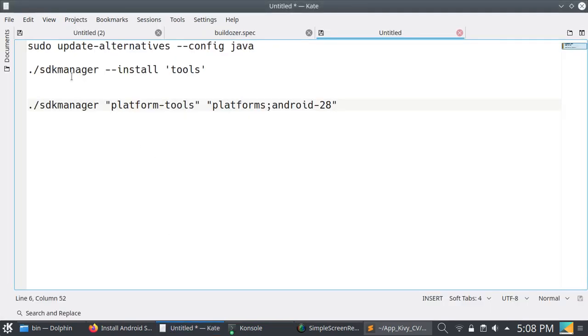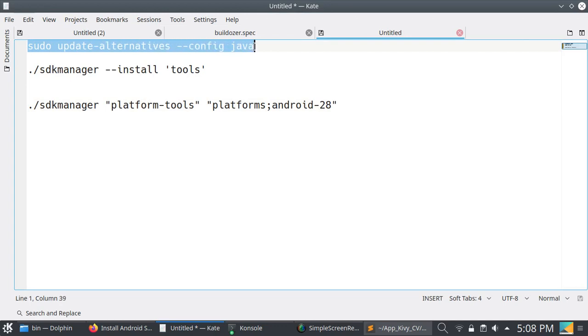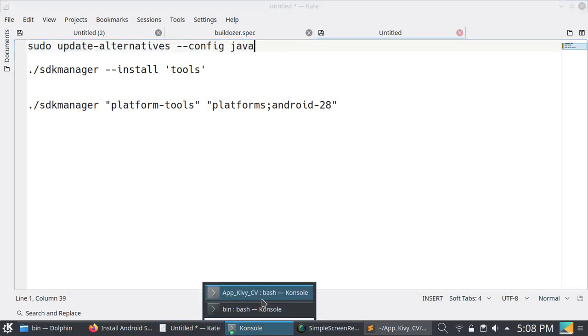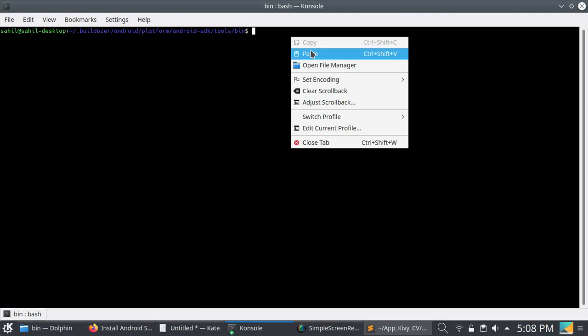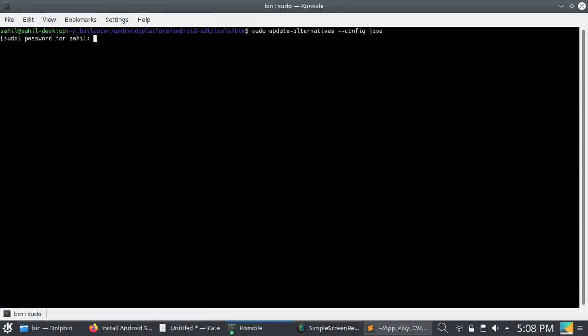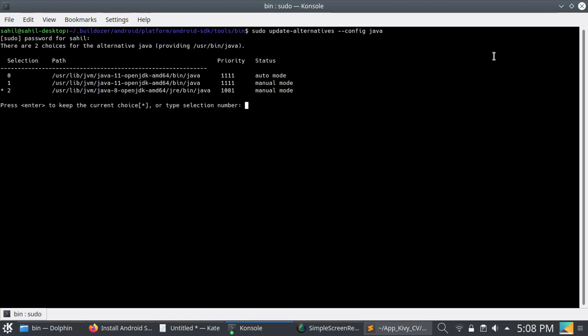Paste this command first, sudo update-alternatives, into this terminal, and enter your password. Then select Java 8, the java-8-openjdk-amd64 option. For this you just have to enter 2. You can see the indexes 0, 1, 2, so you have to select Java 8.